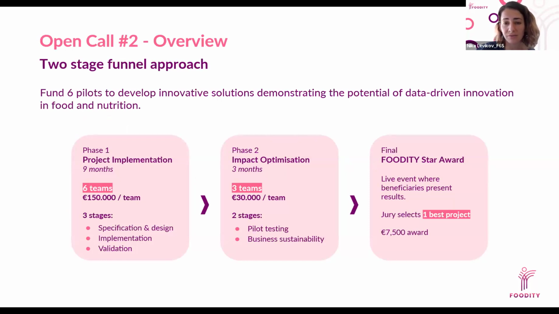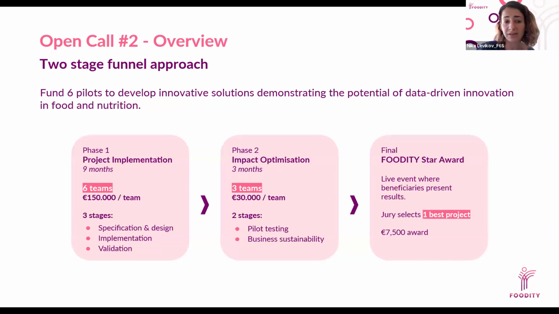In the beginning of this phase, you will be working with our experts and mentors to detail your KPIs, both on the business side and the technical side. We will be working with you on your citizen engagement plan as well, and you have up to 150,000 euros in this part. It's important to understand that we are expecting citizen engagement from start to finish. So we want to see how you are going to be working with your end users and your target groups to develop your solution. And also in this, we expect to see activities around citizen data awareness.